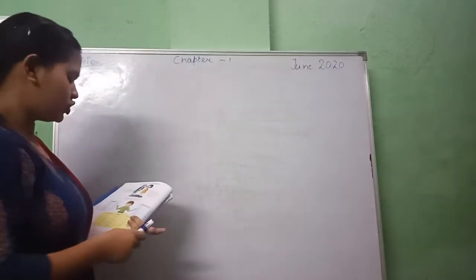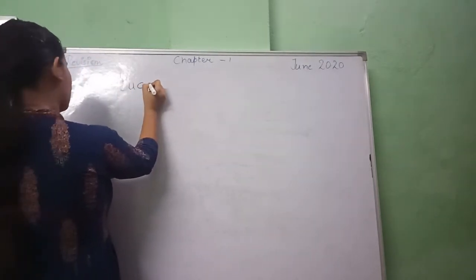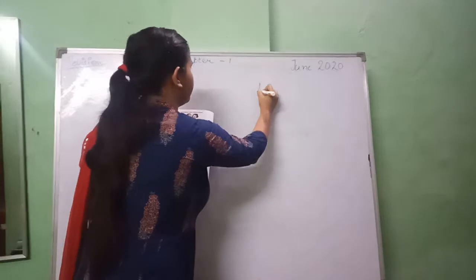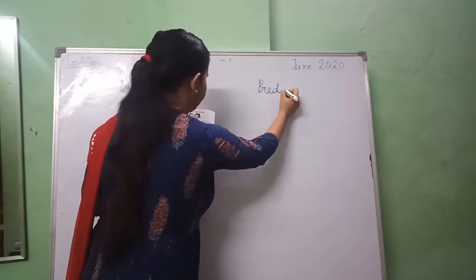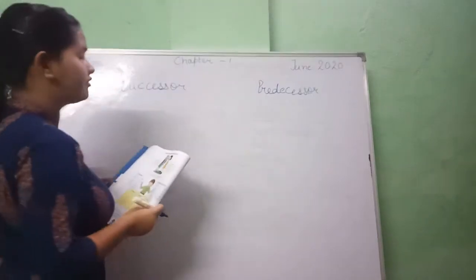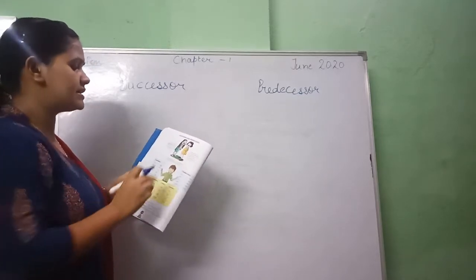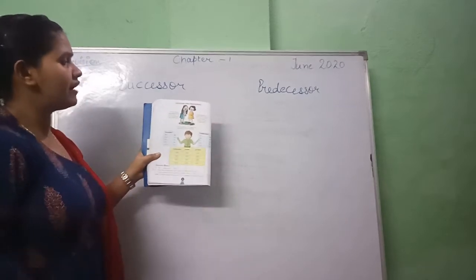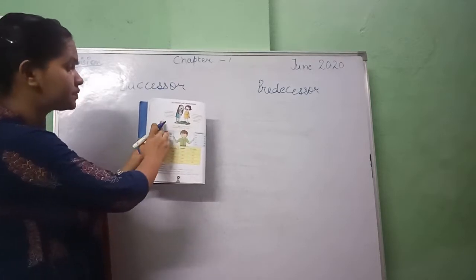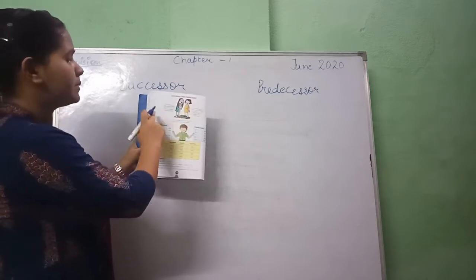Okay, now I will show you the successor, and the other side is predecessor, or precessor, right? So now we have to learn the meaning of the successor and predecessor. The number just after a given number is a successor. You can see there are two girls laughing together and having a conversation about successor and predecessor, where a girl in a green frock talks about the successor.